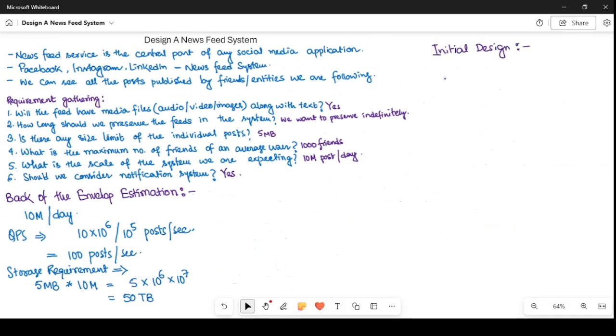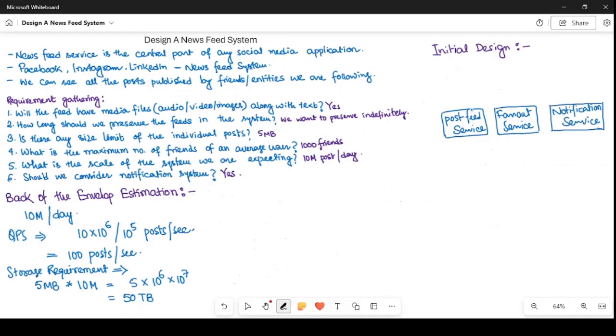The idea is to start with the initial design, identify the potential issues, solve them iteratively, and eventually design a scalable newsfeed system. From the requirement gathering phase, we realized there will be 3 important subsystems of a newsfeed system: post-feed service, fan-out service, and notification service.